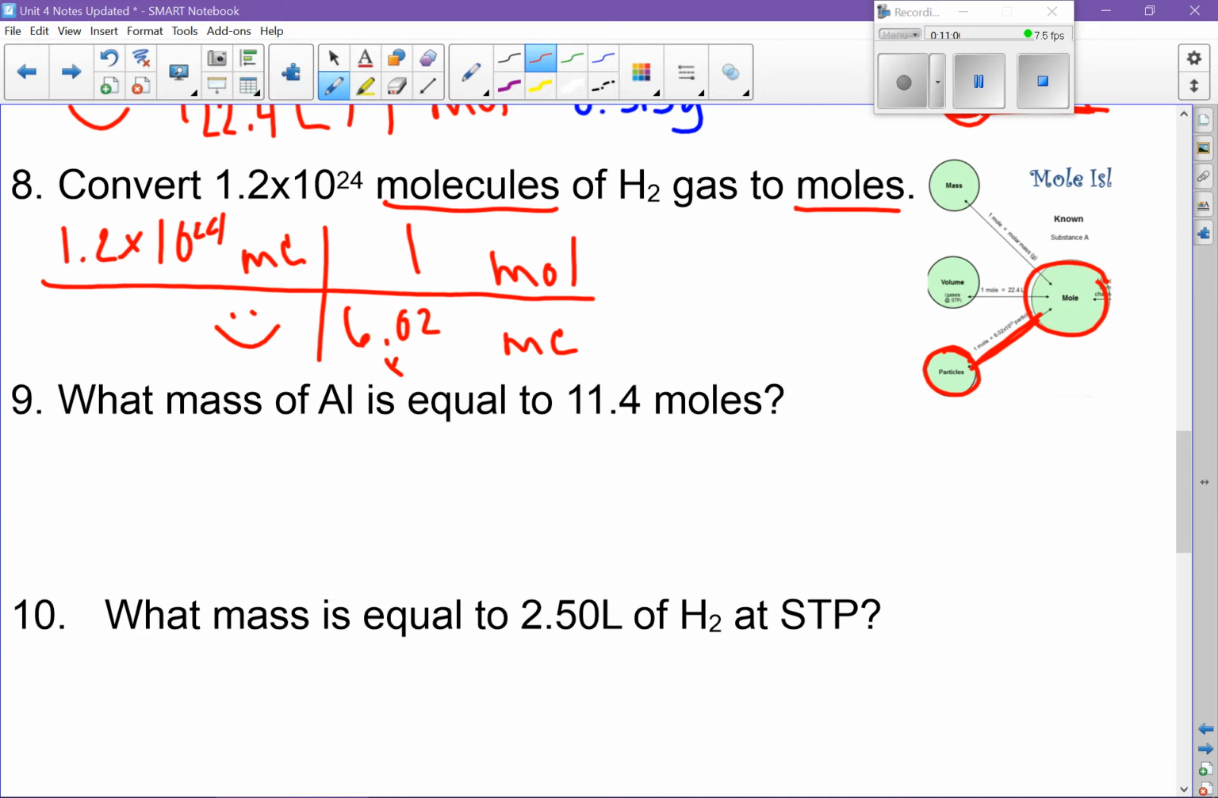Molecules uses Avogadro's number. Remember to use the E when you put this in your calculator. You might get something funny. Mine says 1.993355. That's enough to round. This 1.2 had 2 sig figs in it. So the second sig fig is here at this 9, but the other 9 is going to make that round